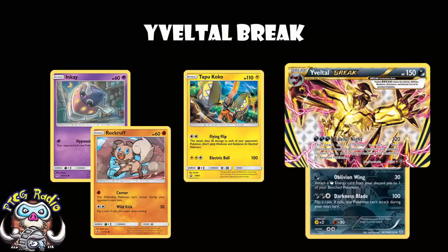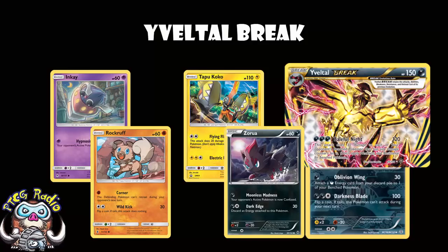Some people are playing a 70 HP Rockruff, but a lot of good players like Michael Pramwatt are still playing the 60 HP Rockruff. There is Zorua, a whole bunch of evolving basics that have got 60 HP. So if you hit 20 with Tapu Koko, then 30 with Yveltal BREAK, you're only up to 50, that's not quite enough. So yes, Tapu Koko is good, it's got free retreat, it hits all your opponent's Pokemon, but generally